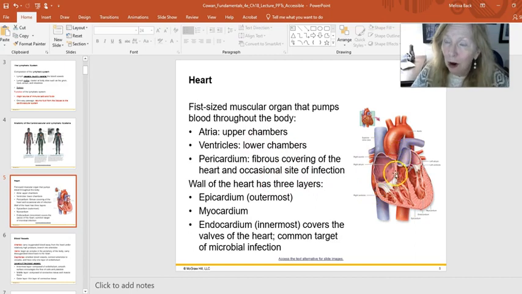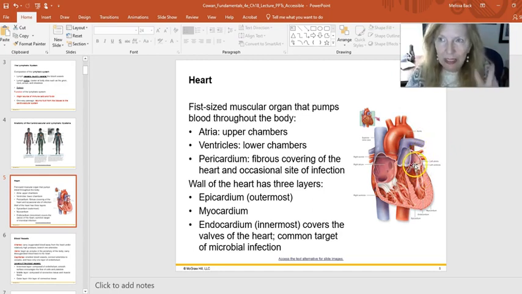The pump itself, the heart, it's really not a pump, it's two pumps. The right pump, right atria, right ventricle, is receiving blood through the superior and inferior vena cavas that has been in the system, delivering oxygen, picking up waste, picking up CO2, coming back to the right side of the heart, where the right ventricle, as soon as the right atria sends it to the right ventricle, will pump it to the lungs through the pulmonary artery. In the lungs, CO2 will be dropped off, oxygen will be picked up, and it will be returned to the left pump. It's really two pumps working in synchrony.